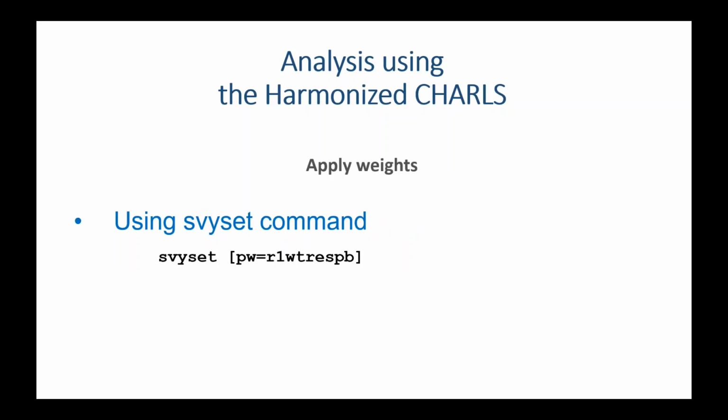And so we're going to apply this weight using the svyset command, which, if you're not familiar in Stata, is one of the reasons that Stata is often used to look at survey data, and particularly survey data that has complex sampling. So this svyset command is quite helpful. We can set the parameters for how we want to weight and treat individuals in the data using svyset. In this case, we're just going to say svyset, and we're using a probability weight equal to our weight variable, which is